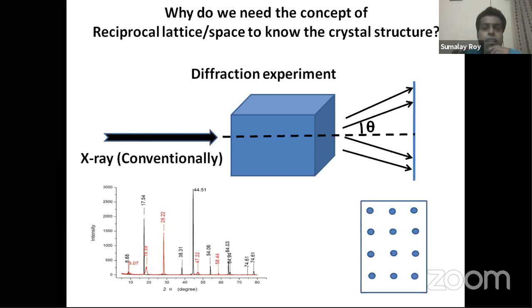Now you see, how do you study a crystal experimentally? What we know from BSc is that we normally do a diffraction experiment, and conventionally we can do it with X-rays, because for diffraction to occur, the aperture of the diffracting object, or your sample, has to be of the order of the wavelength of the electromagnetic wave.